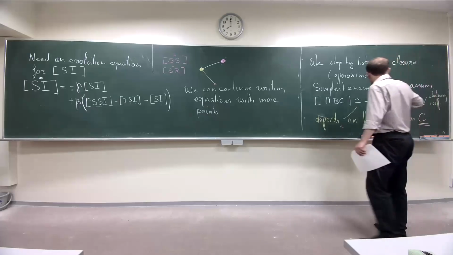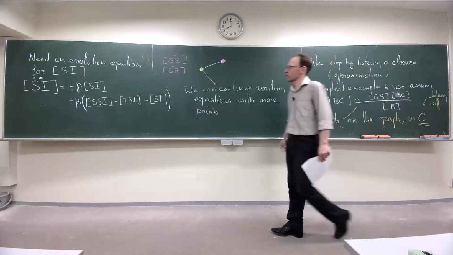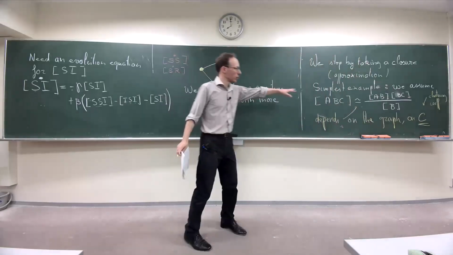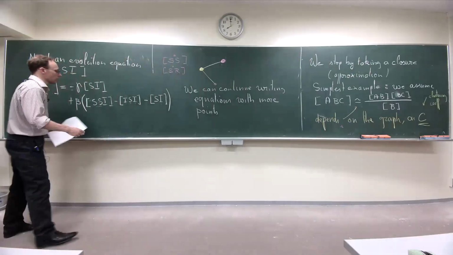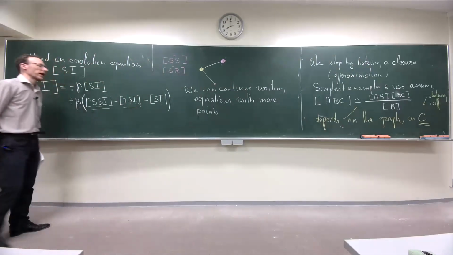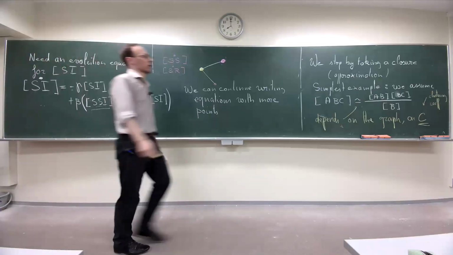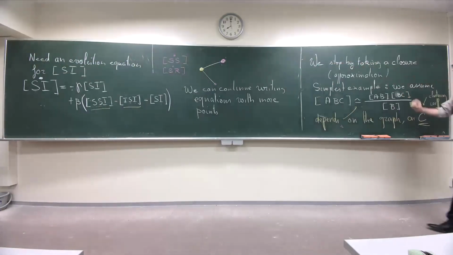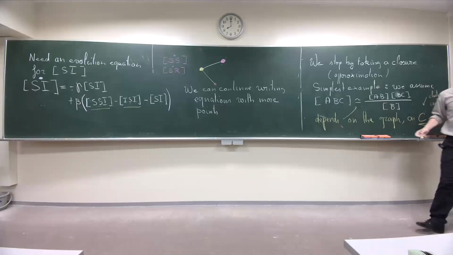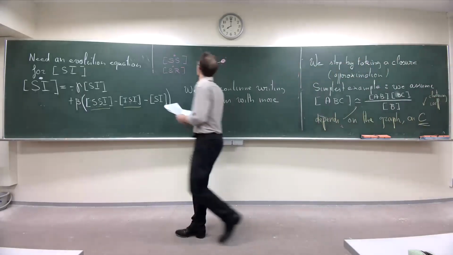So you can discuss, and people have discussed, when this approximation is good or not. But if you take such an approximation, then you replace these by functions of 2 points, and you end up with a system which is quite small. But you observe it's nonlinear, because you are going to have products, while before it was linear. So you transform a linear system into a nonlinear one, but of smaller size.